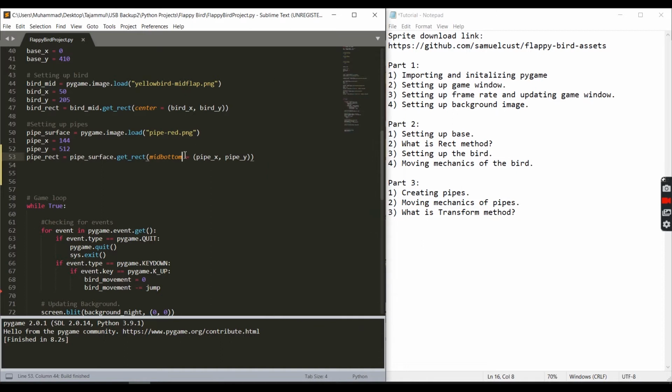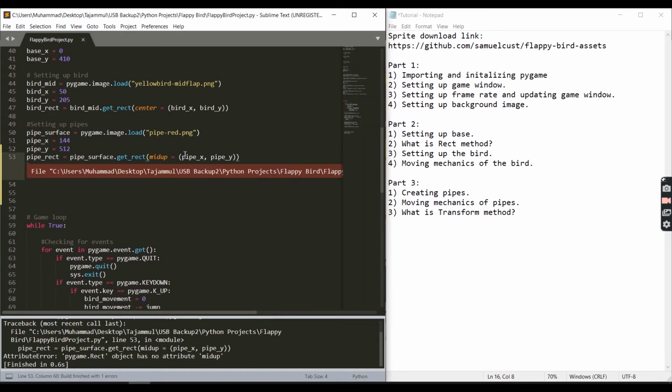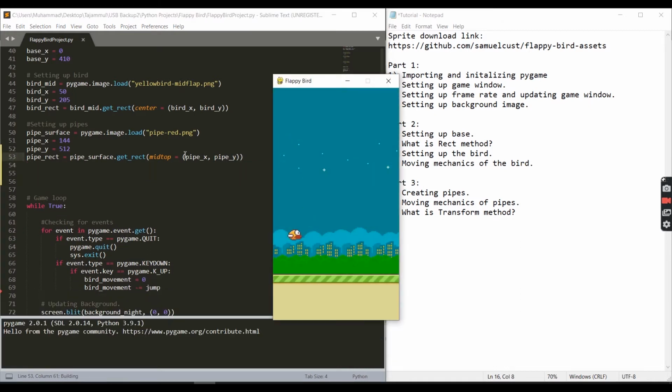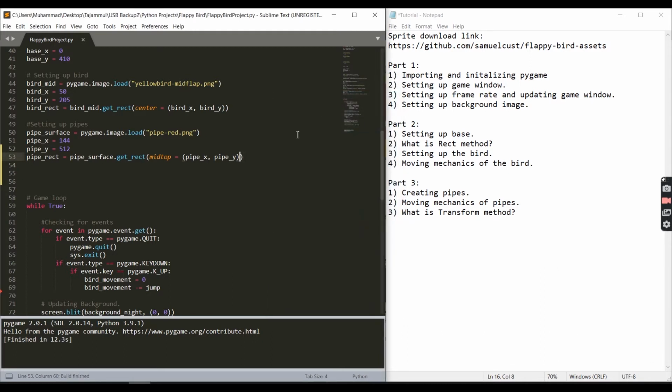There is also mid up or mid top. I don't remember, I think it's mid top. Yes, but we cannot see the pipe because the pipe is now mid here and the rest of the pipe is up the window, so we cannot see the pipe. So for now let's just put it on the mid bottom